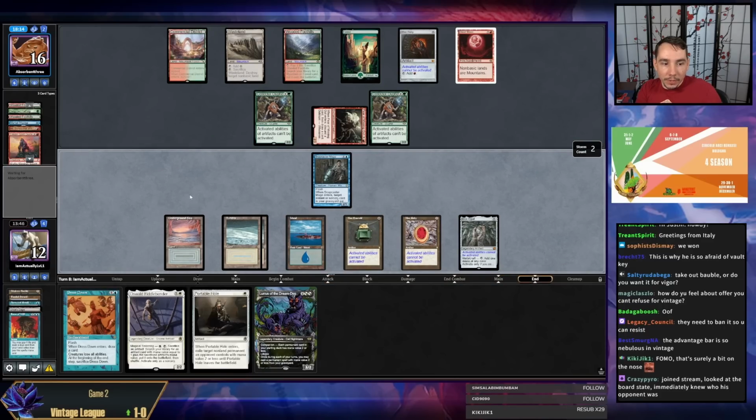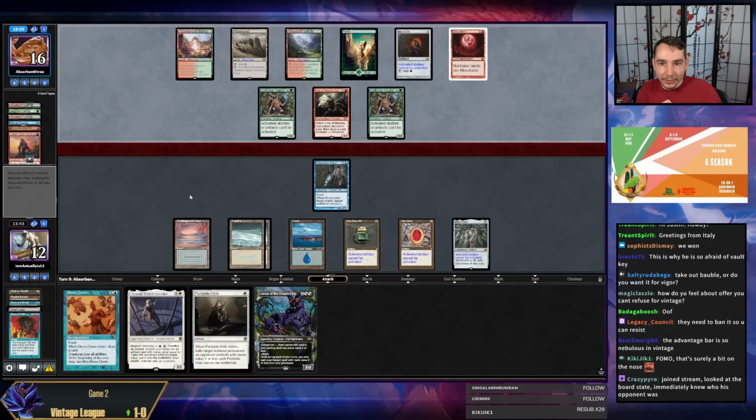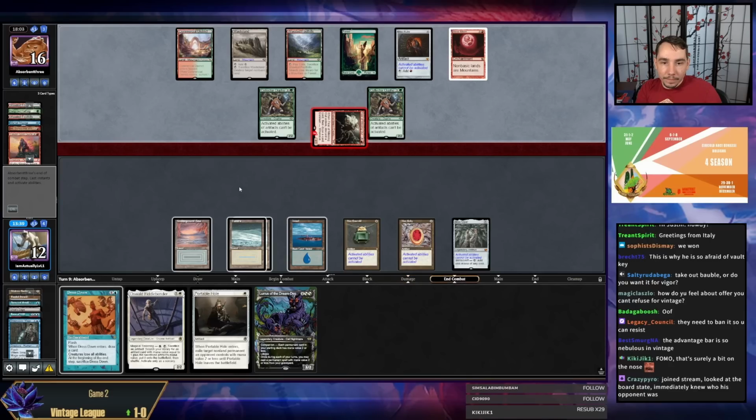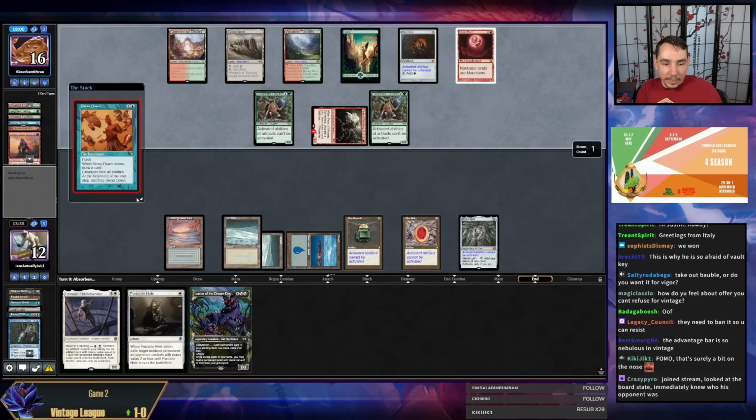This might be the turn we're supposed to Dress Down. But all I can do is Portable Hole one of the Collector Ouphes. Like, it's not enough, you know? I'm gonna block and give myself the out. Oh, I guess I can't... Well, I'm never gonna be able to Lurrus here anyways, so...